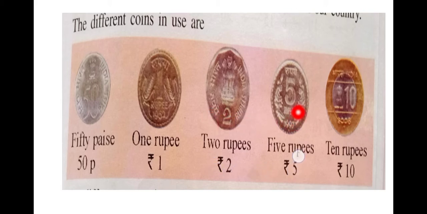Alright, now this is one 5 rupee coin, and if you have got 2 5 rupee coins, what is the value of money you have? You have 10 rupees, isn't it? That means 2 5 rupees is equal to 10 rupees. Alright, and 2 50 paisa is equal to 1 rupee. Alright children? Okay, so as I told you, these are the coins in circulation in India.